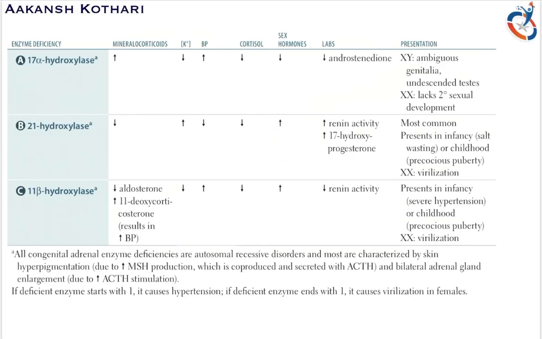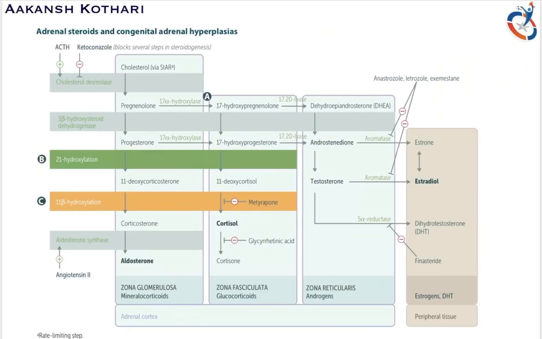Now, since the aldosterone decreases, there is an increase in the renin activity. To correlate all this, please check the module on the renin-angiotensin aldosterone system mechanism. Okay. So, the renin activity increases due to the decrease in the aldosterone, and there is also an increase of 17-hydroxyprogesterone. Now, why is that? Because since this process is inhibited, there is accumulation of 17-hydroxyprogesterone.